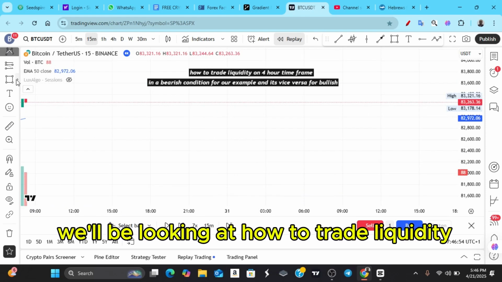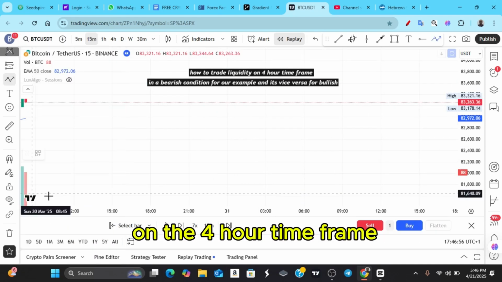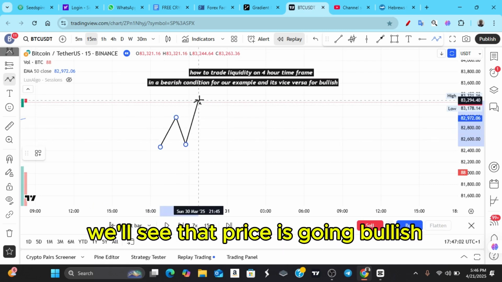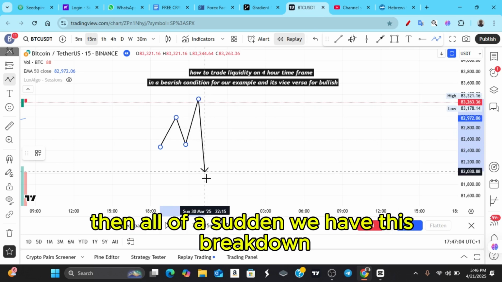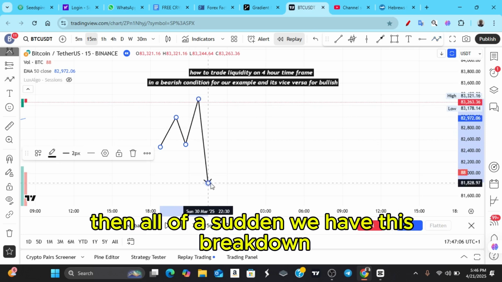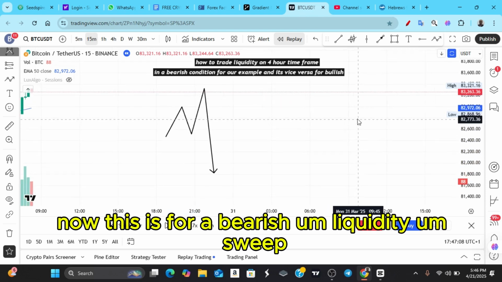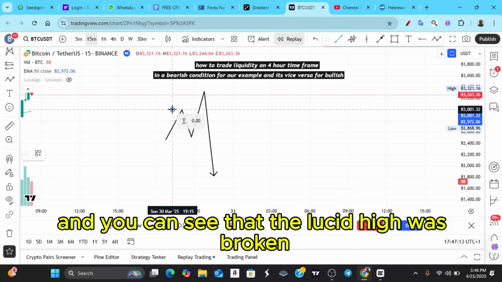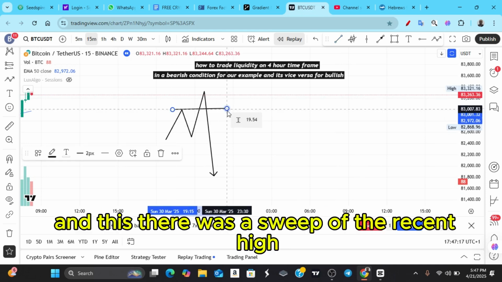So in this video, we'll be looking at how to trade liquidity on the 4-hour time frame. And this is just an example of how to trade liquidity. We'll see that price is going bullish, then all of a sudden we have this breakdown. Now this is for a bearish liquidity sweep, and you can see that the recent high was broken, and there